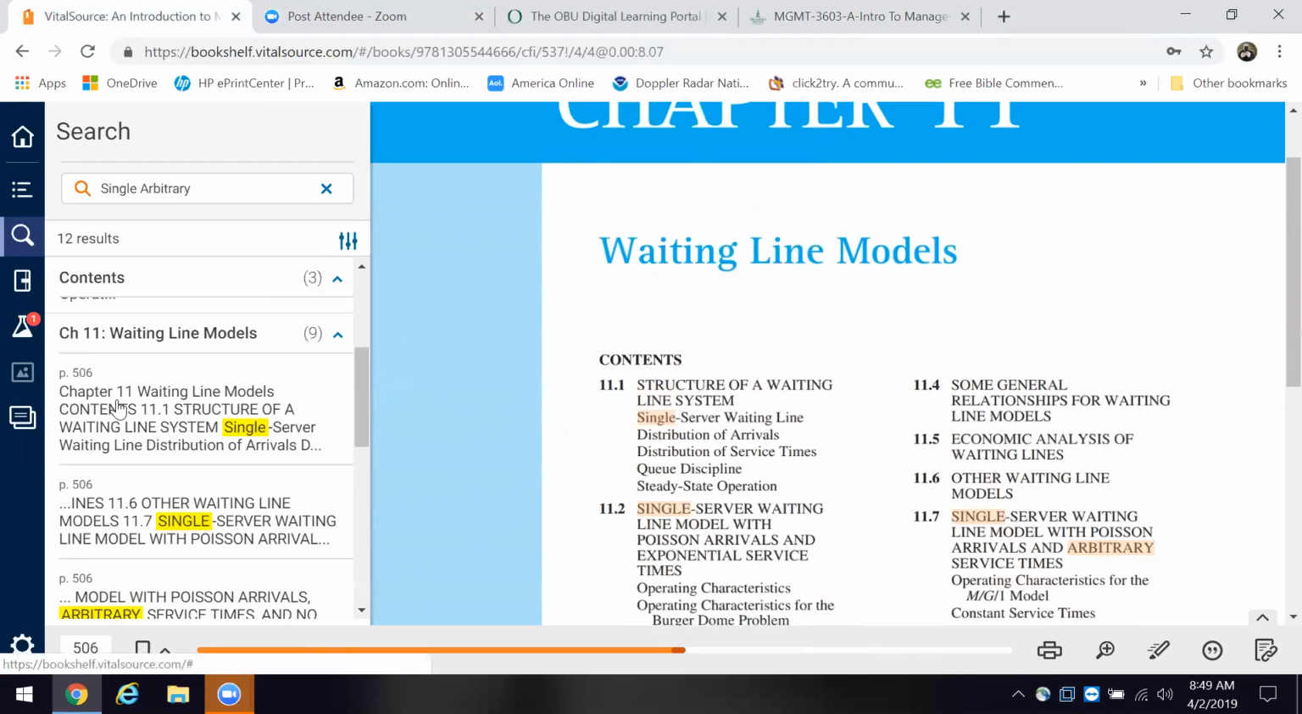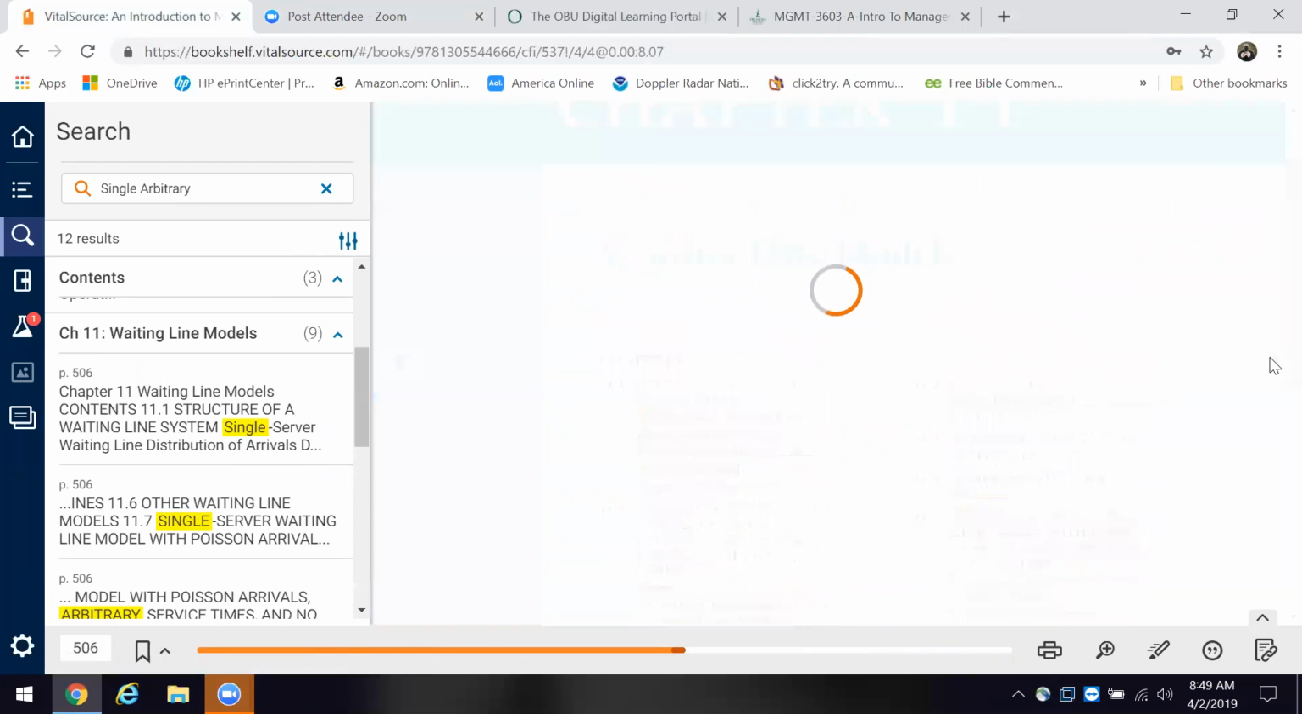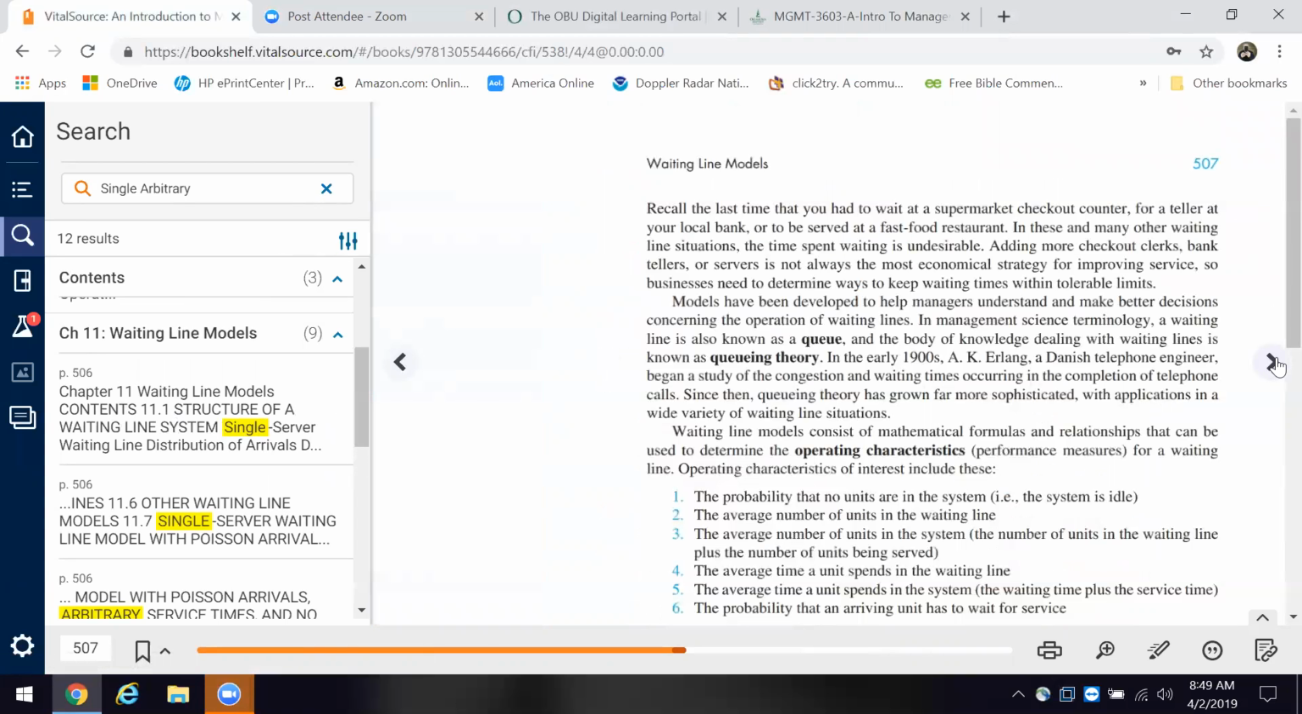Okay, so this gives us the contents. And let's move on over. Okay, and here in the textbook they talk about the queue or the queuing theories, and they talk about Erlang,